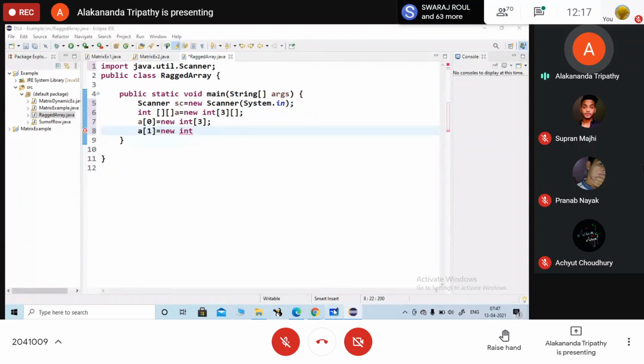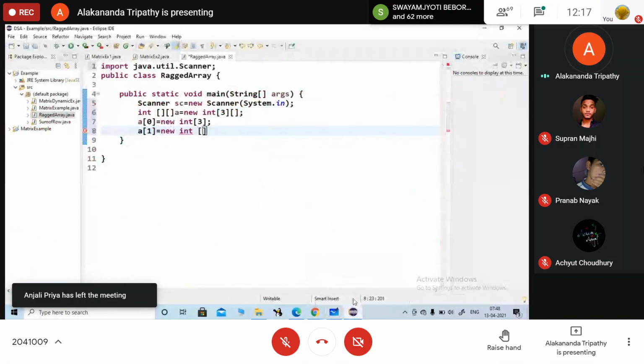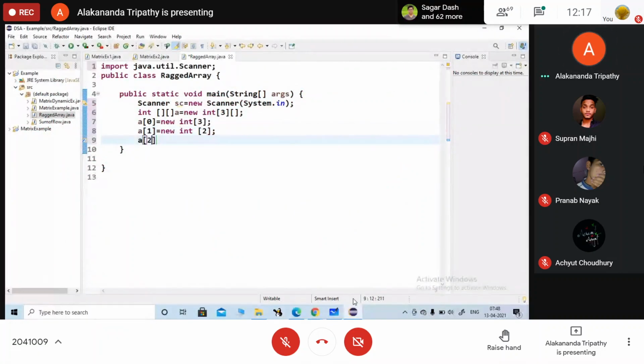So what is the size I have taken? 2. Then a2, what is the size here?